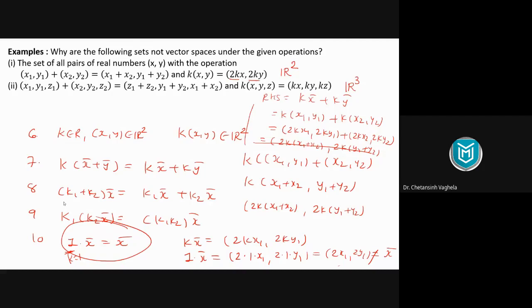Now imagine, if you had started with condition 1, then what will happen? You will start with condition 1, 1, 2, 3, 4, 5 satisfied, 6 will satisfy, 7, 8, 9, and the 10th will have problem. So the whole effort of checking 1 to 9 would be a total waste. And imagine, how many marks would this question be? This question can be there for only 2 marks. So if you check 9 conditions and then you get the result that no, 10th is not satisfied, then 2 marks for checking 10 conditions, that's too much, no?